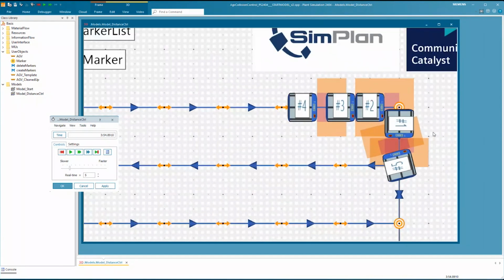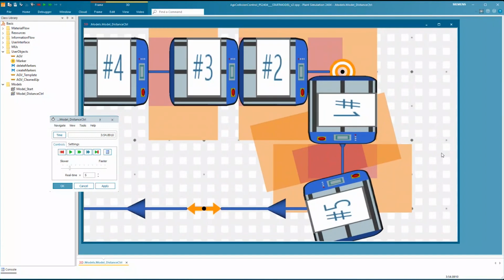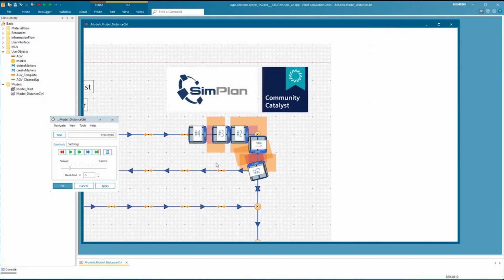situation here, where the AGV1 and the AGV5. If I zoom in here, you will see the two red zones. You will see that at the same time, AGV1 is in the inner safety zone of AGV5 and vice versa. So both of them are basically stopping and waiting for the other one to get out of the way. If you have these kinds of head-on collisions, and they can happen in your model, then this is a typical scenario where the default method template will not be sufficient.